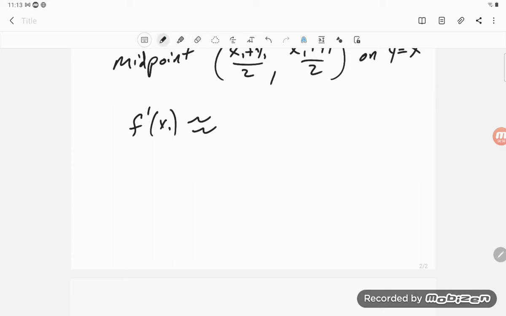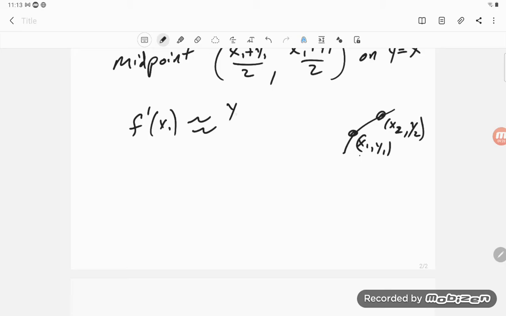But anyway, I'm going to take 2 points here. So here's my x1, y1, and here's, say, an x2, y2. And if I approximate that slope at x1 or somewhere in between or at x2, I can just take my